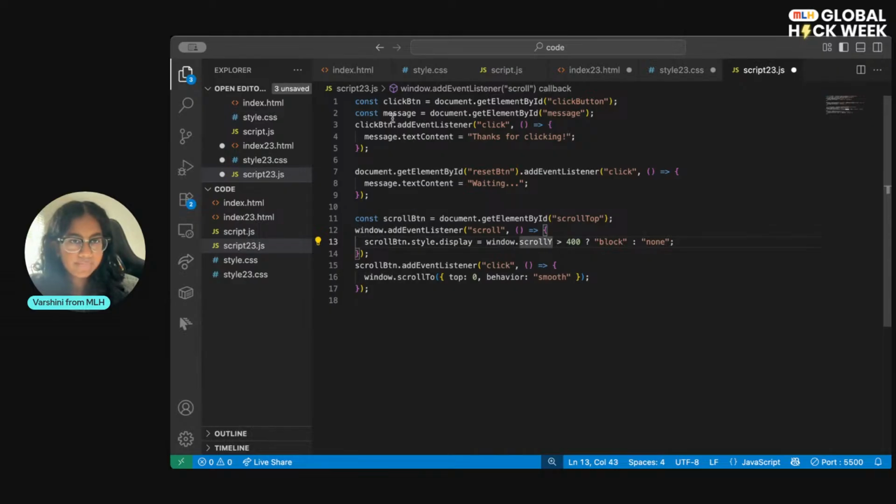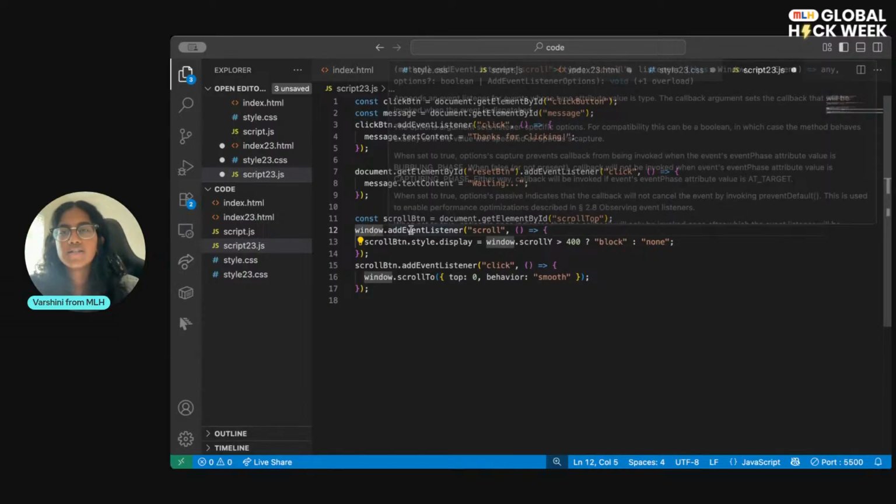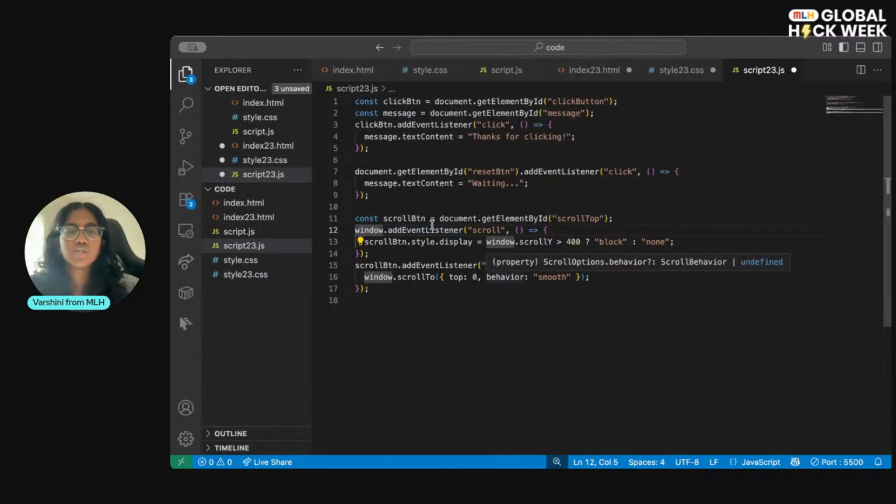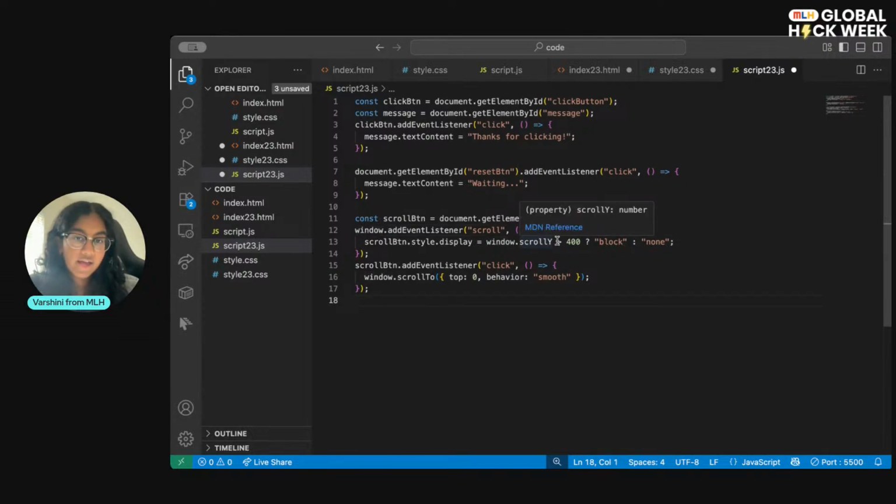So you'll notice here again, we called the constant and we said add event listener because we want to add that click event listener to that variable, which is that button. But here we did window. The reason for this is because there's not really anything on the button that can track whether or not the user is scrolling, but the window can check if the user is scrolling. So once the Y of the window.scroll, which is the vertical position of the scroll, is greater than 400, so like at the bottom of the page, then we're going to go ahead and add that event listener